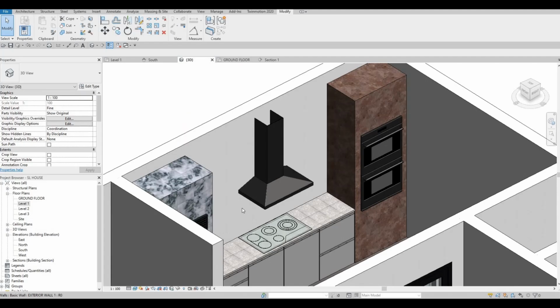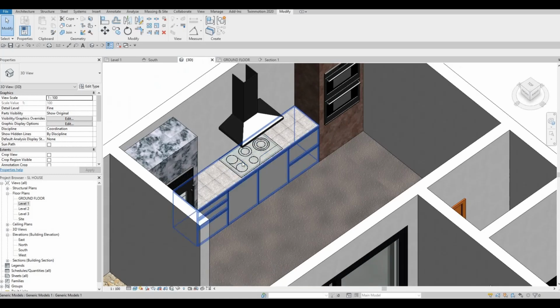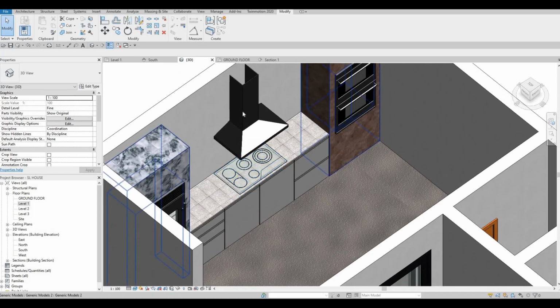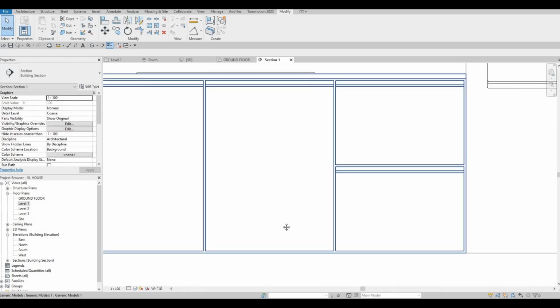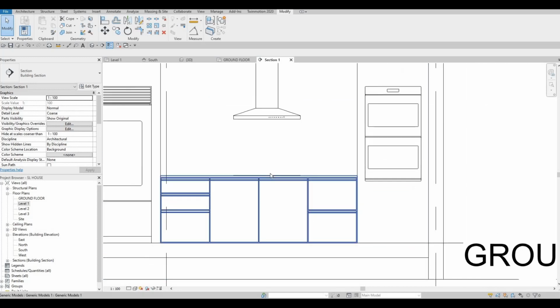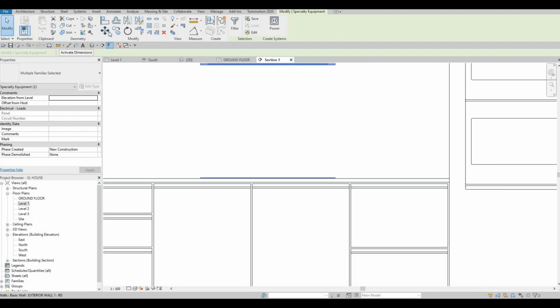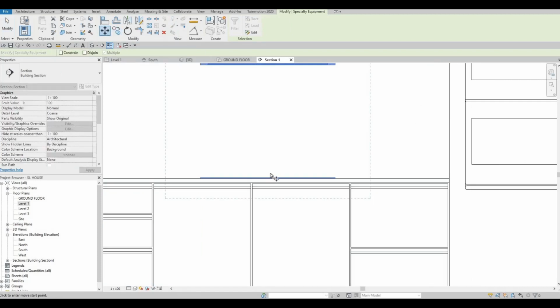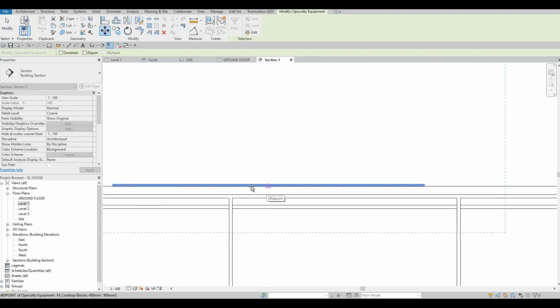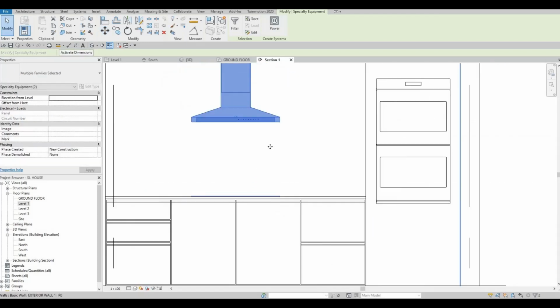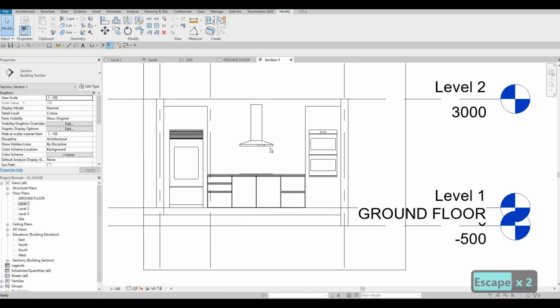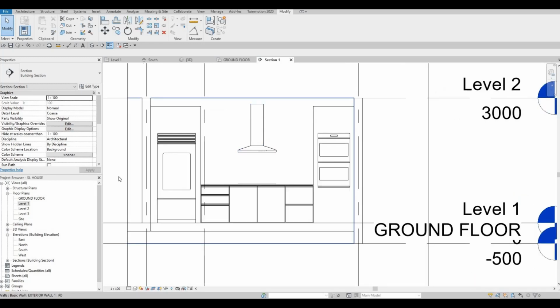So in the last video, we were able to start the kitchen. Now we're gonna continue working on this. So let's go back to section. The one thing that I want to do is to center this one. So I'm gonna move this using the move command, or MV for short, and then just roughly in the middle. So the next thing that we're gonna do is add the top